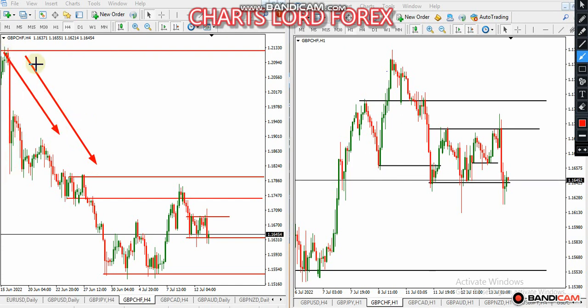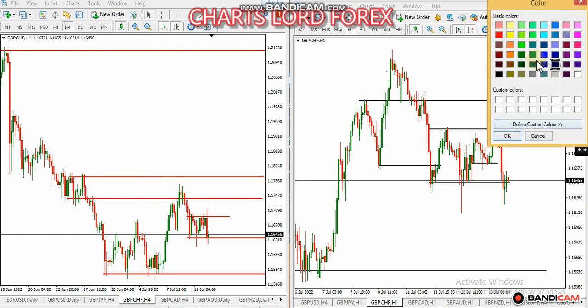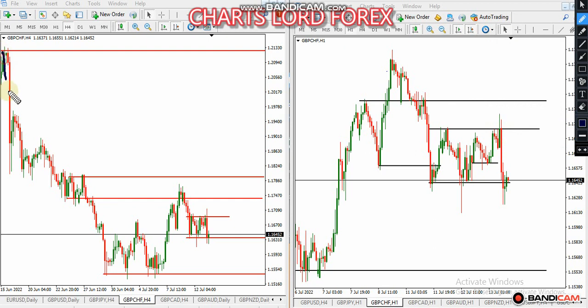Let me change the color guys, just a minute. You can see the market making a lower low to this place, lower low, lower high, lower low, lower high. Let me change the color a bit. Look at it from here. See the market coming down like that, pull back, come down again to this point, and started to range,